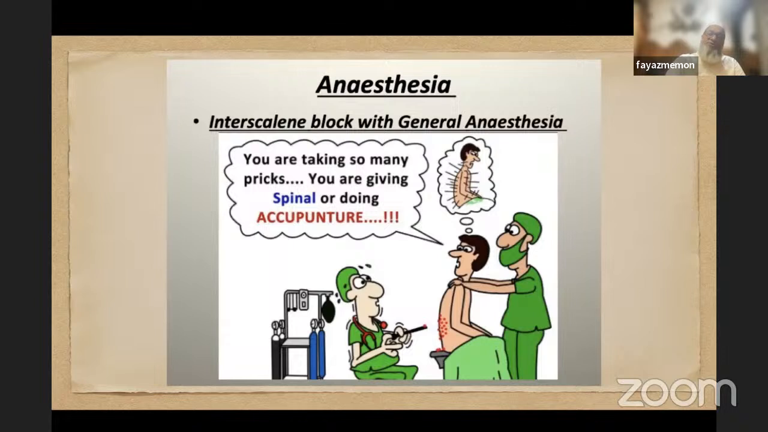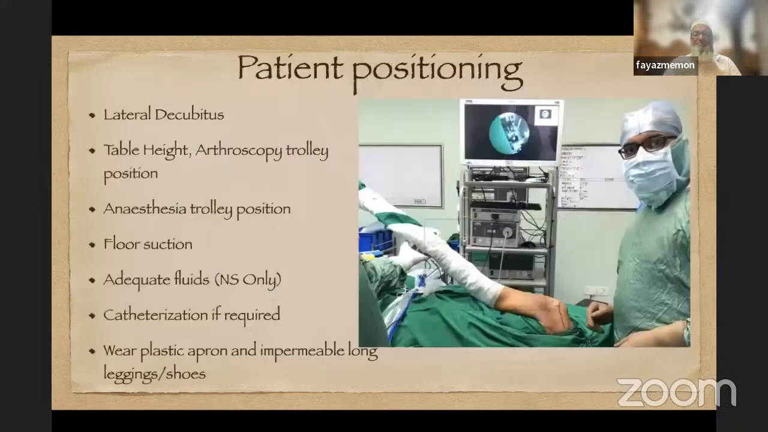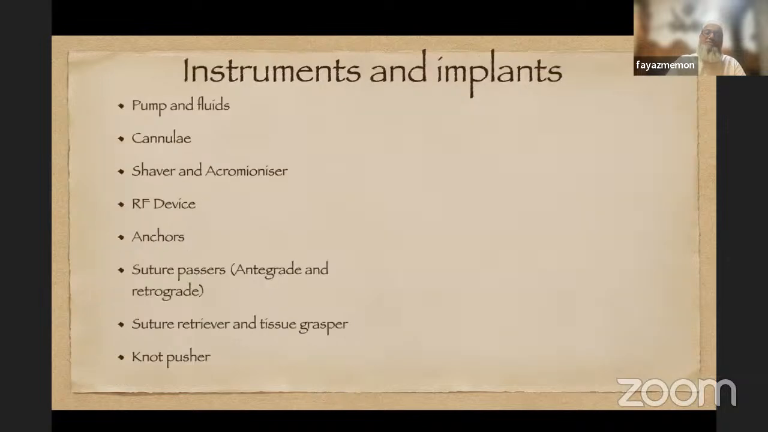I usually prefer all my shoulder procedures in lateral decubitus position, and I use an interscalene block along with general anesthesia. So we know that in this position the surgeon stands behind or at the head end. Never do we go on the anterior aspect. The anterior aspect is for the trolley. The table height should be at the level of the elbow of the surgeon so that you don't get supraspinatus tendinosis yourself. And of course, all the other things that are required. Most importantly, the plastic apron and the impermeable long leggings. Having said this,